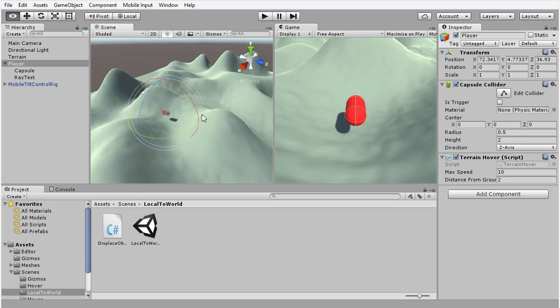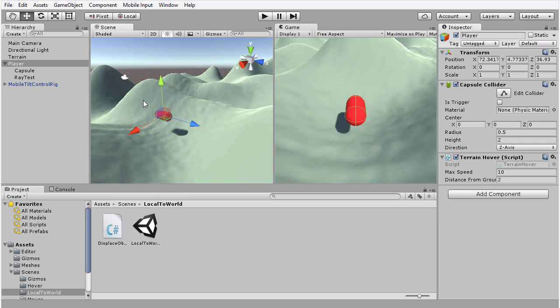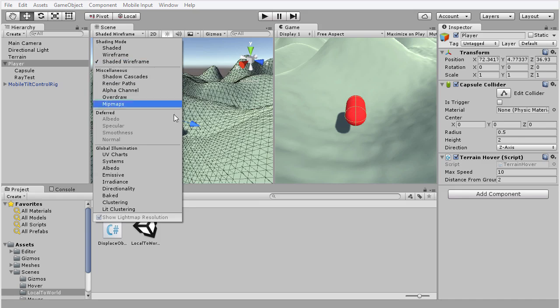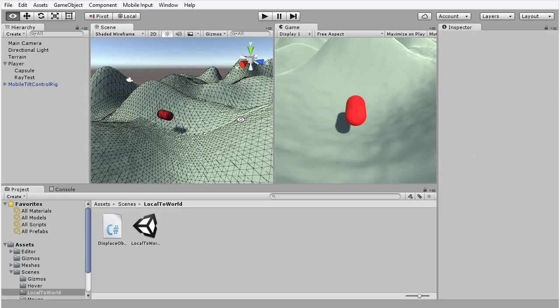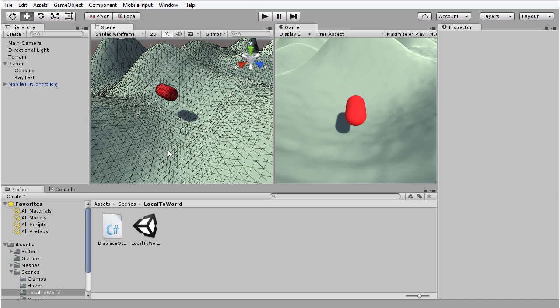Now, to handle this, we're going to be relying on the concept of normals. To illustrate this, I'm going to temporarily change the shaded mode of the viewport. Right now it's in standard shaded mode. I'm going to click on that drop down to pick shaded wireframe, so what you can see is the tessellation and the polygons of the terrain here,